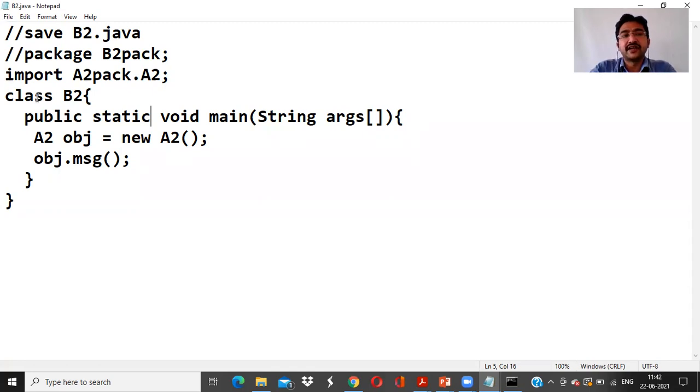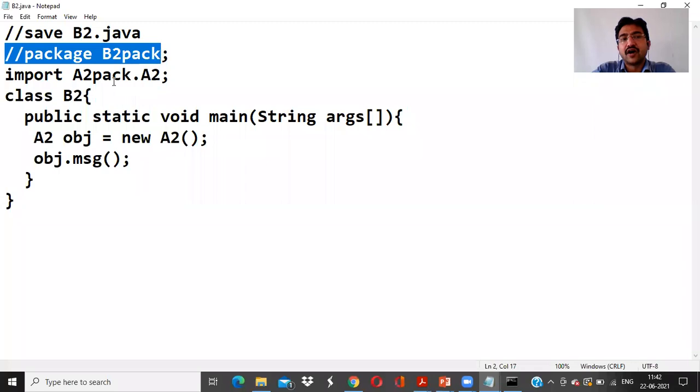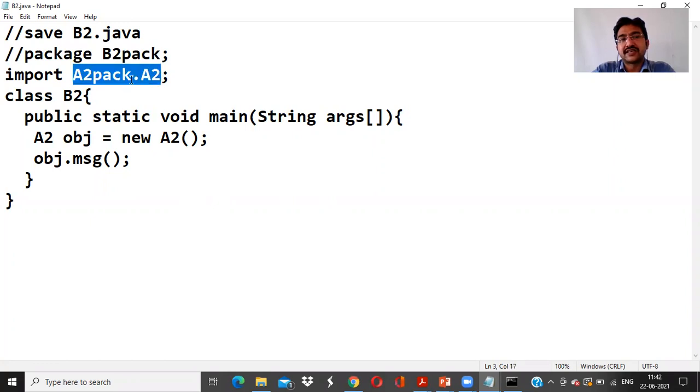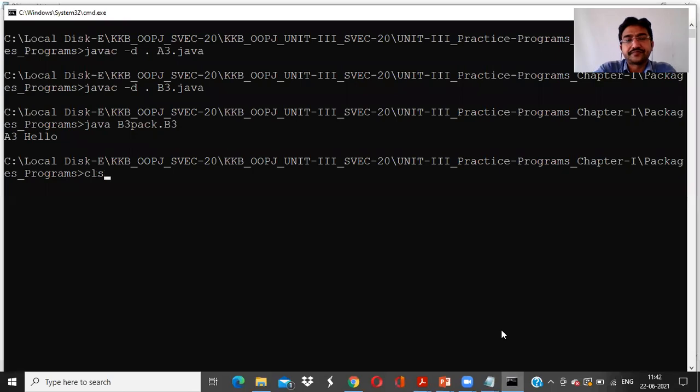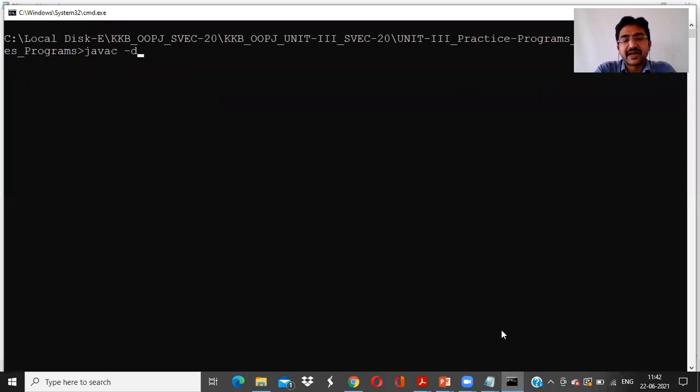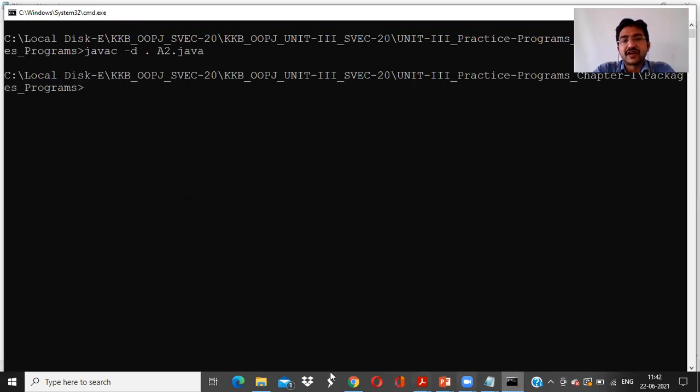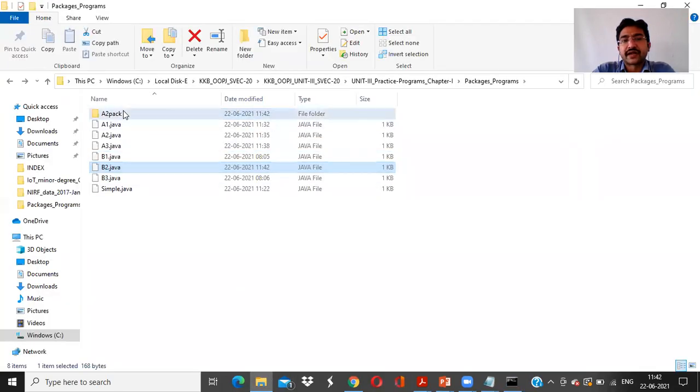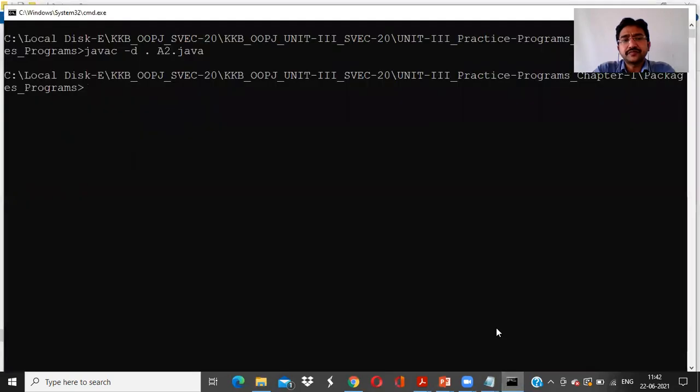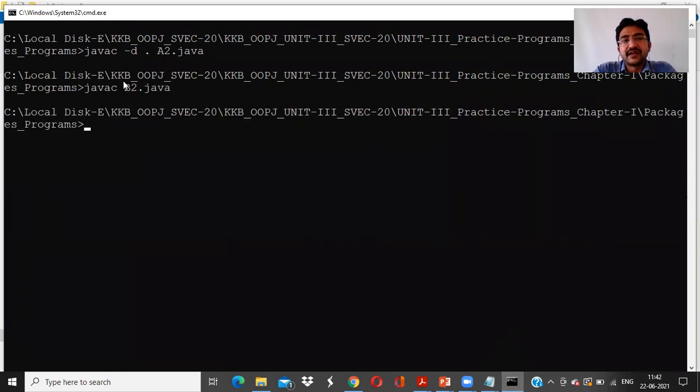So the other class does not require always to be kept in another package. Okay. So now what I'm doing here, I'm not creating any packages here. Already in A2, I have created a2pack. Under that, I am creating the A2 class. So a2pack.A2 class, I'm just importing. Okay. So for this purpose, how to run the program is: see, javac, where I have kept A2.java. Once you have compiled this program, we'll get the A2 package, right? Now, how to run the program? We have javac B2.java.